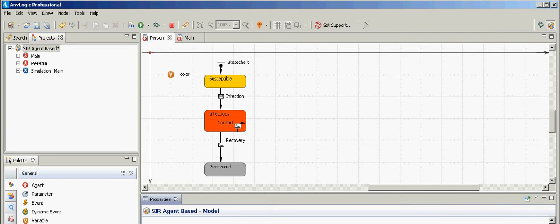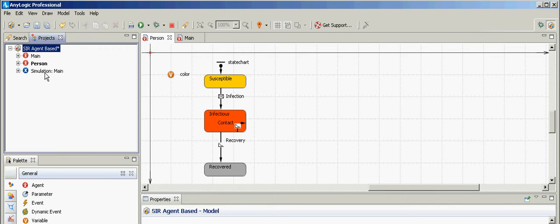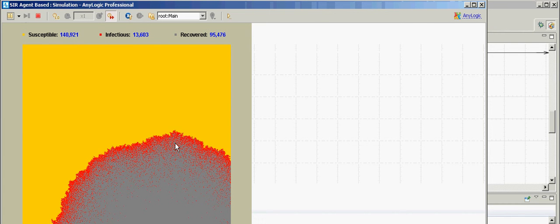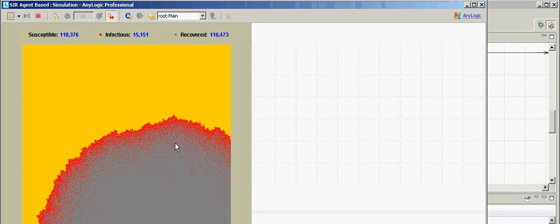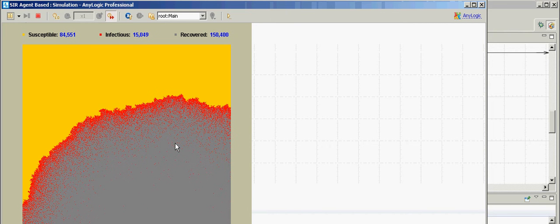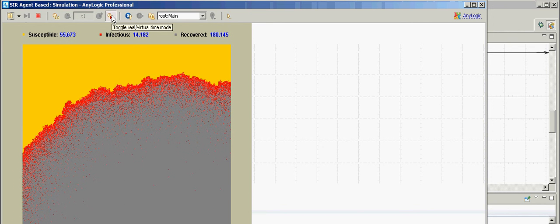Okay. Any other questions? Okay, so let's continue running this model, and I'd like you to take note of how long it takes for this expanding periphery to reach the edge here of the screen. So we're running it, this indicates we're running it flat out as fast as possible. And you'll see it's approaching the edge here, and I'm going to say it's just about time 300 that it hits the edge of that screen, okay? Just about time 300. Okay,